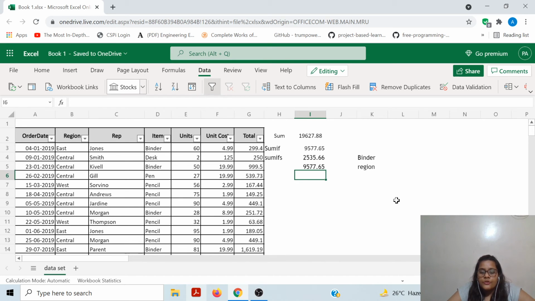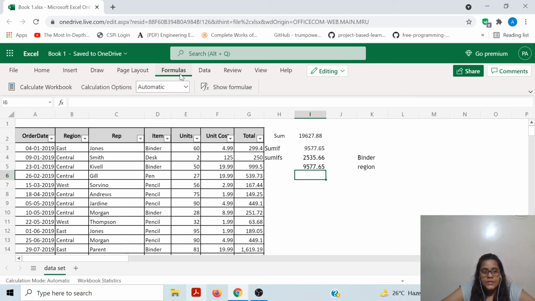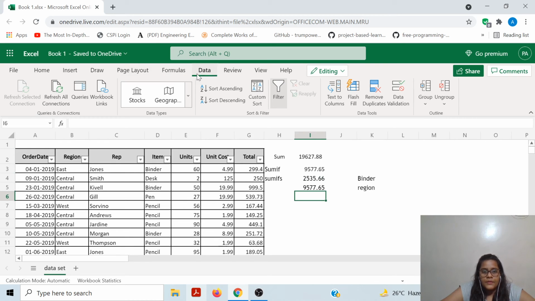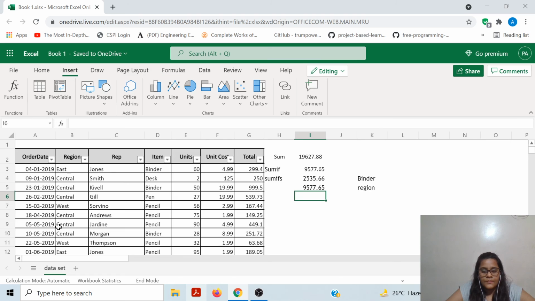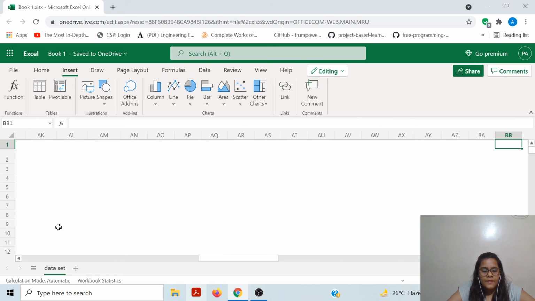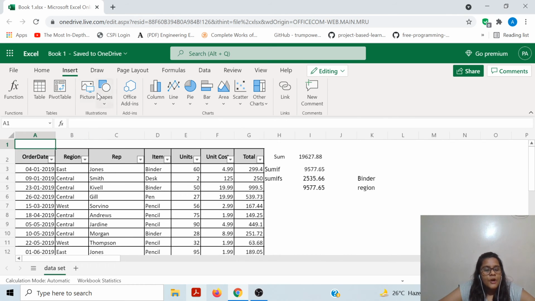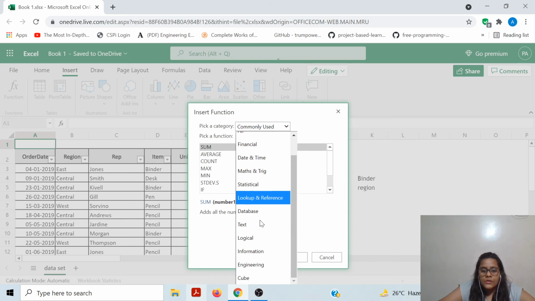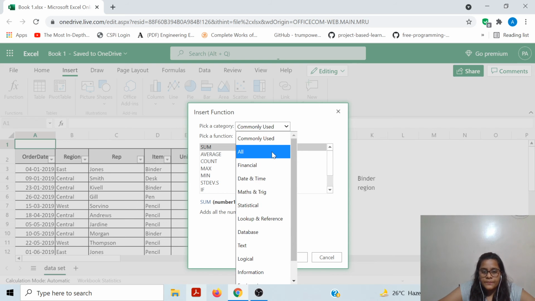Now suppose you do not remember to start with equal to. There is also a tab in the topmost ribbon of formulas. From here also you can put the formulas. Sorry, the formula is in insert function. If you go to the functions column, over here you can see all the functions that are offered by Excel.